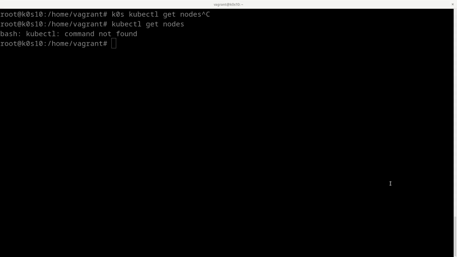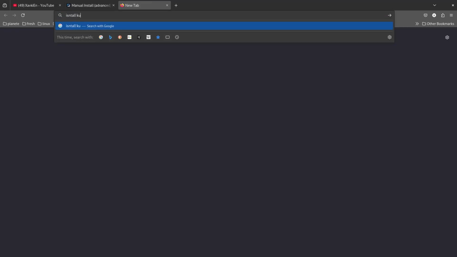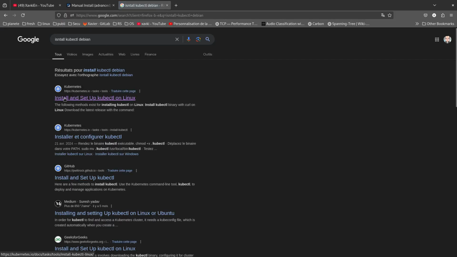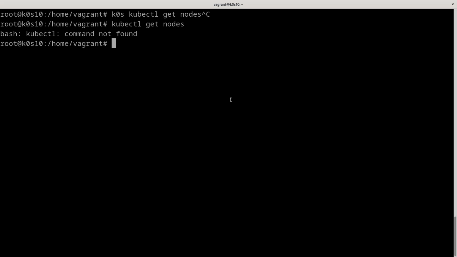So you can go to your browser and search for install kubectl. We are on Debian, and you can find the documentation about it. It's quite easy, and like the previous command for k0s, we have a similar command, a little bit different, with a curl to download what we need for kubectl.